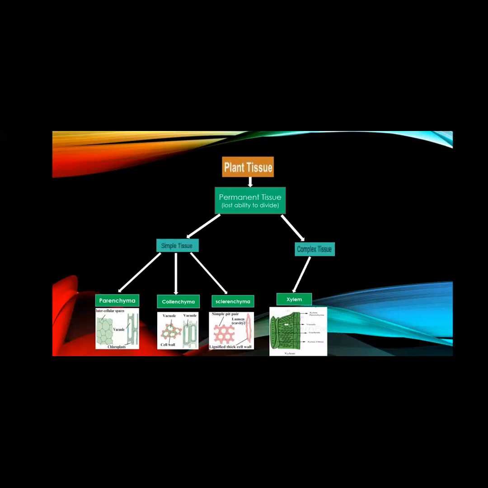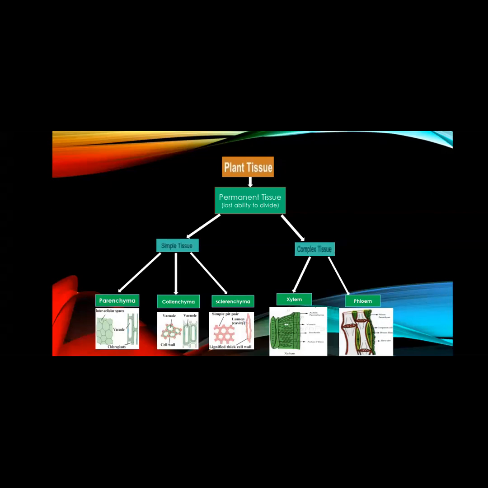Xylem helps in transportation of nutrients and water in upward direction, that is from the root to the upper parts of the plant. Whereas phloem is made up of sieve tube, the companion cell,